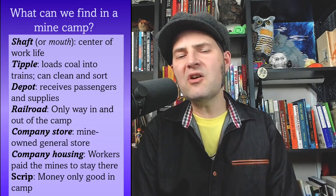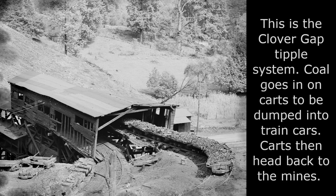Often you would have something called a tipple. Now, the tipple is the process of where you load the coal into a train so that it can be shipped elsewhere. Tipples can offer a couple of different things. There can be some sorting mechanisms to some degree. Probably wasn't going to be common with Central Appalachia because bituminous coal, you didn't need to sort so much like